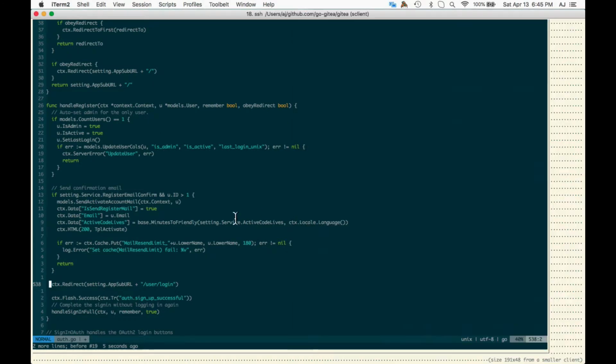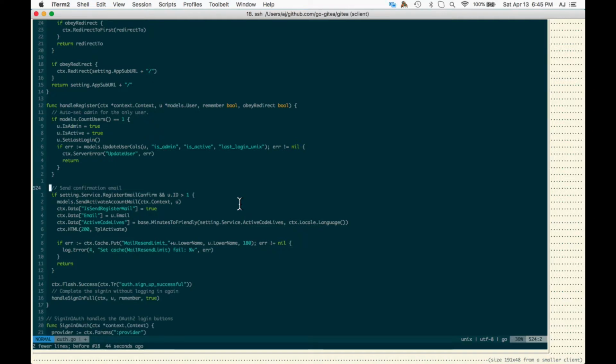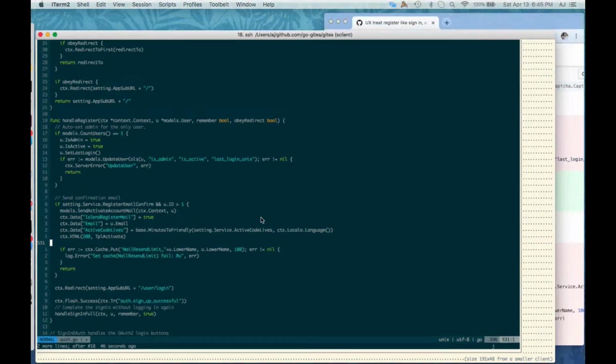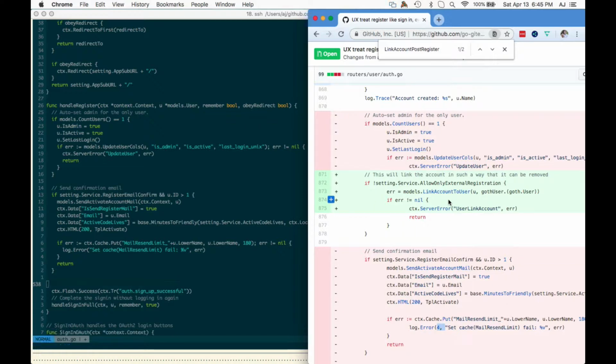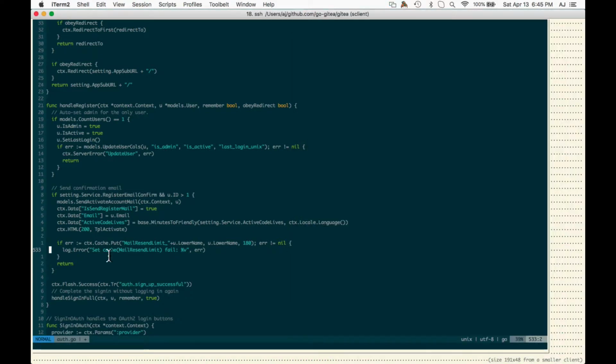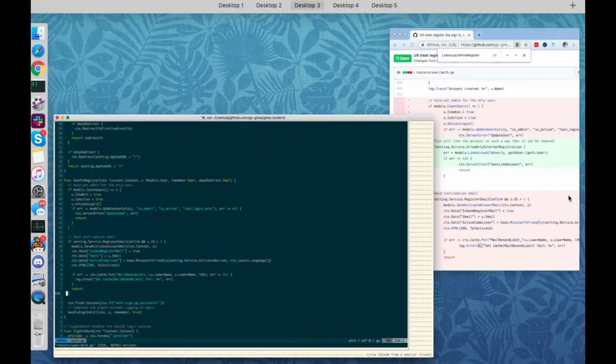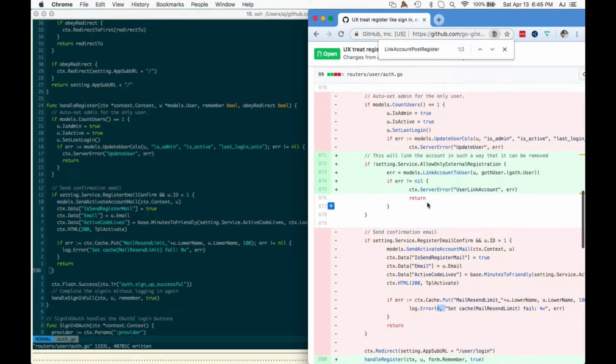Do you want that there? We want to leave the handle register function the way that it was before, except we need to change that log.error to match up with the new one. So the old one, this is the new one, right? This is new. Okay, yeah. And I think sans the redirect. Yeah, but the redirect was in the original as well, I'm pretty certain.